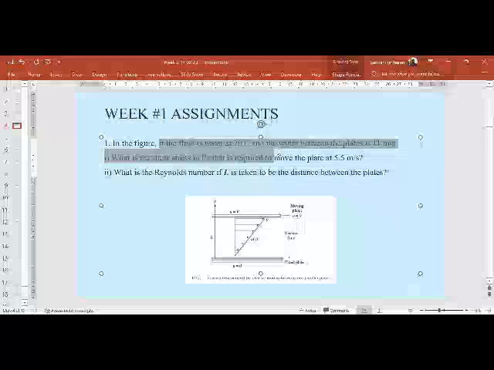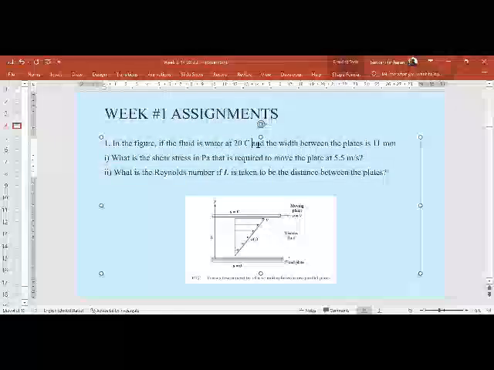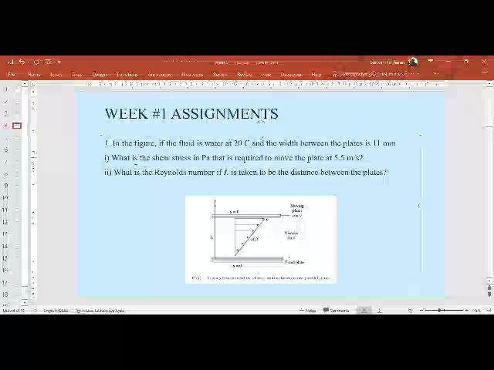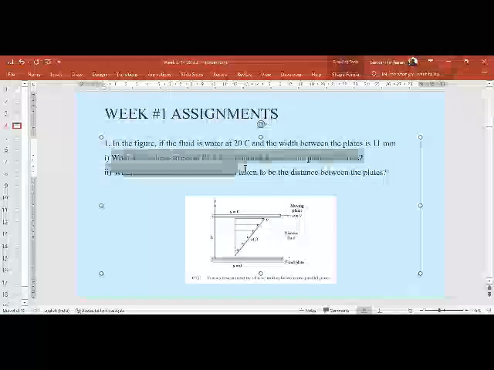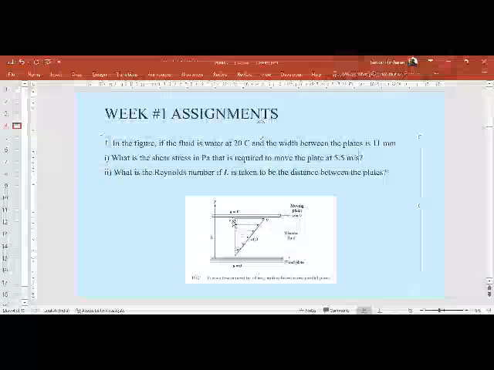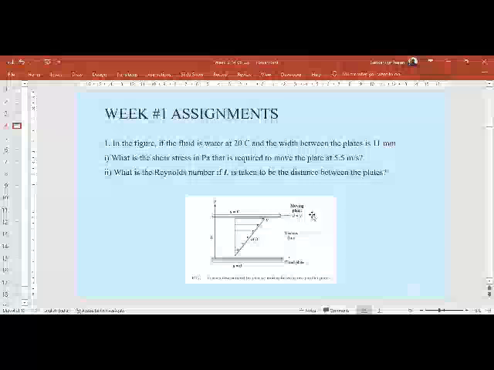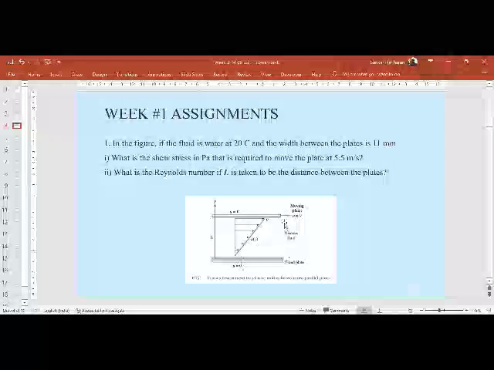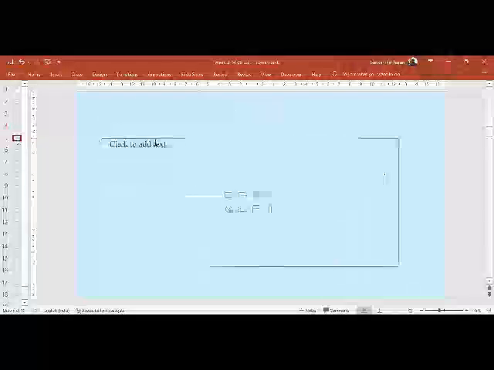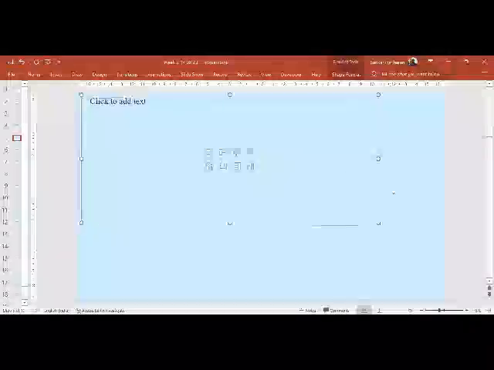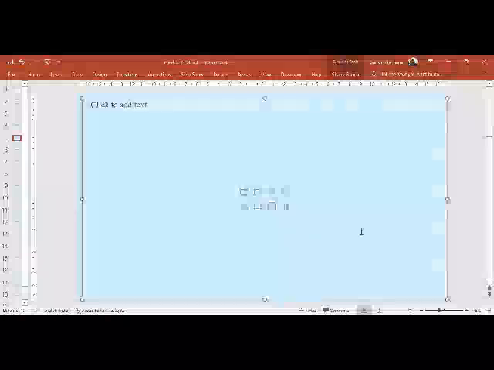And in the first question, we have a fluid, water at 20 degrees Celsius, which has a viscosity of 1 centipoise. The width between the two plates is 11 millimeter or 0.011 meters. We need to find out the shear stress that is required to move the plate at a certain velocity. So we have a moving plate that is at 5.5 meter per second, and we have a fixed bed plate, and there is a gradient in the velocity which is linear. Therefore, it is just a direct application of Newton's law of viscosity, where the shear stress is given by